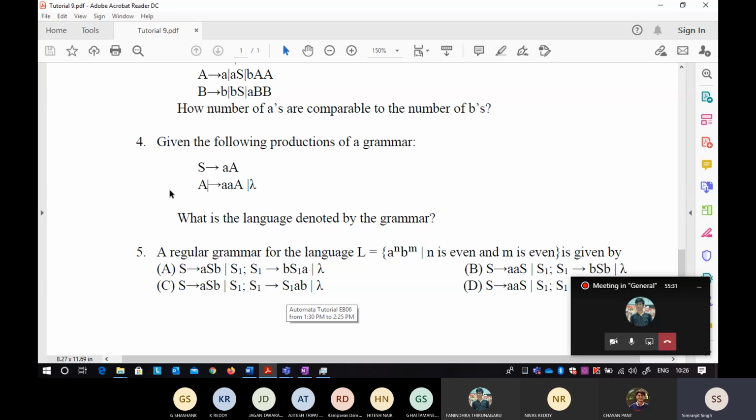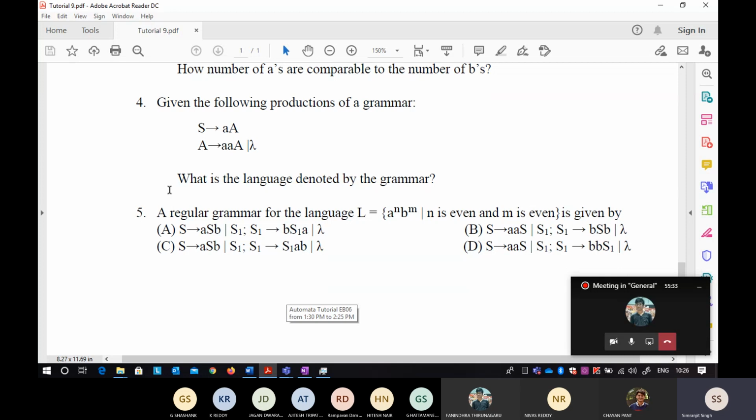Okay, so now see this fifth one. This is a little bit different now. It is a very good practice if you go by the option elimination method. If you see the variable names are somewhat similar here: this is S and this is S1. There is no other variable like A, B. They are using S and S1 because they want to confuse you.